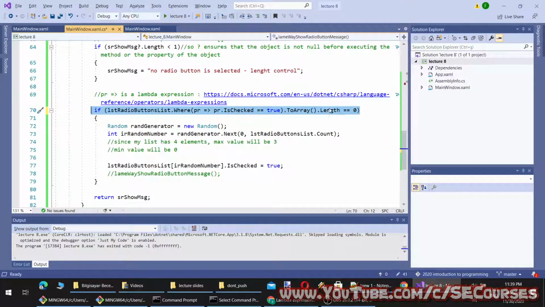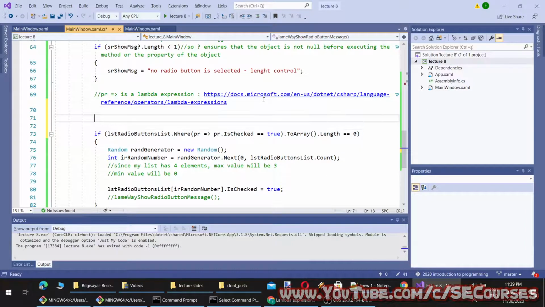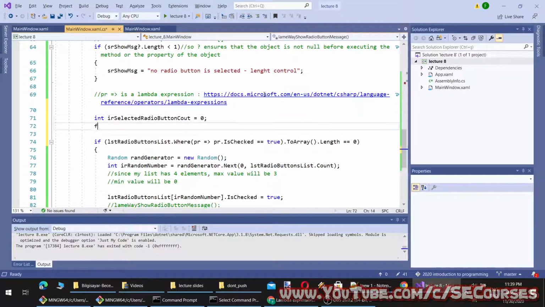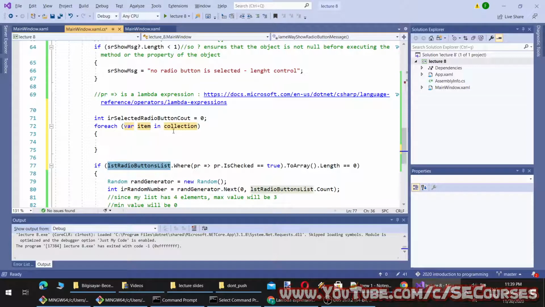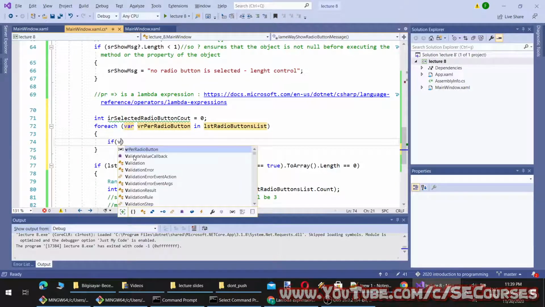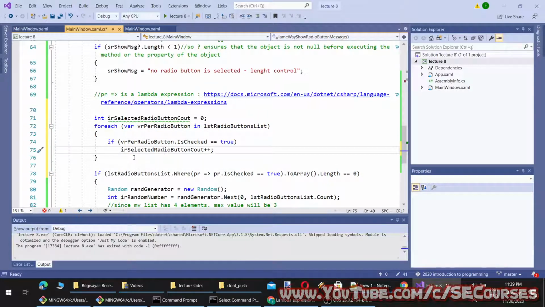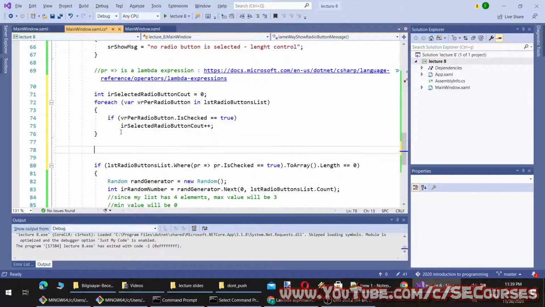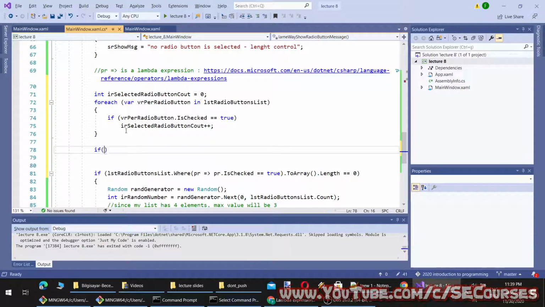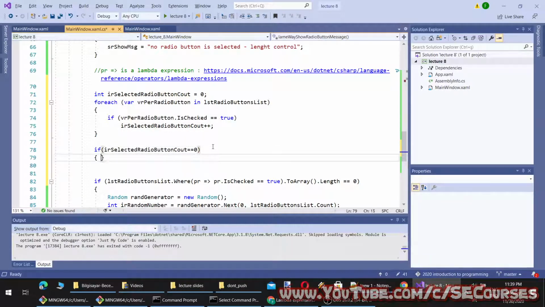This single line of code is equal to actually this. Okay, I will show you the other way as well. Count equal to 0, and what I'm going to do is okay.